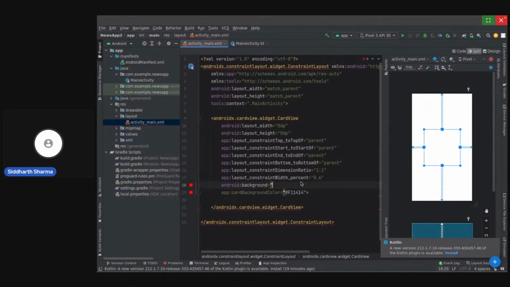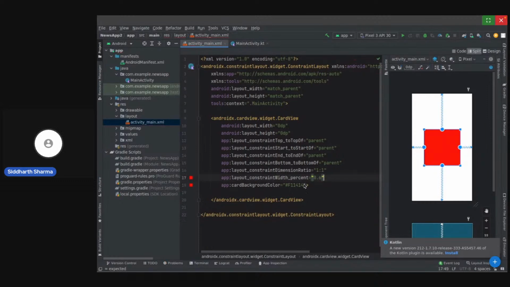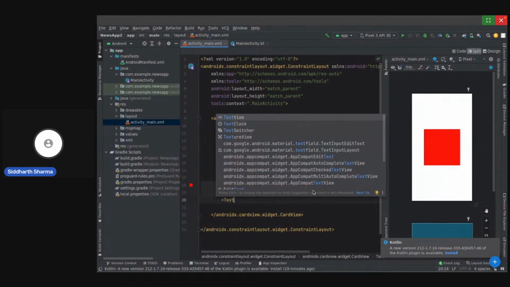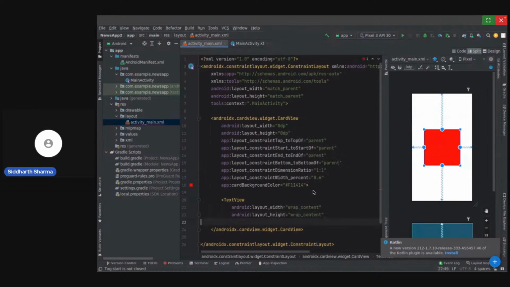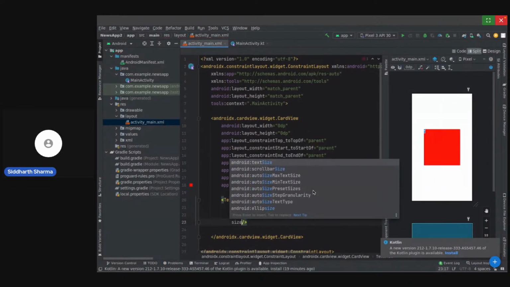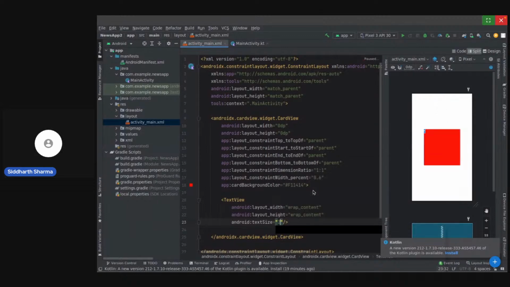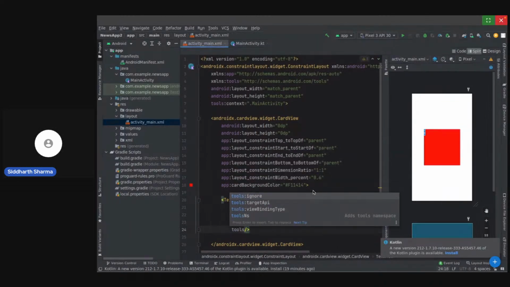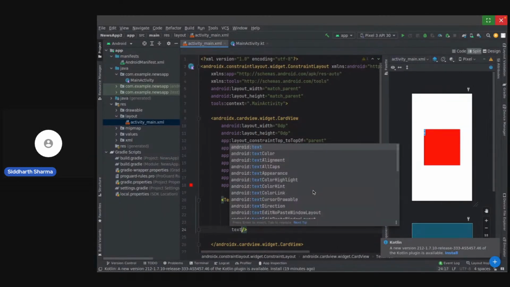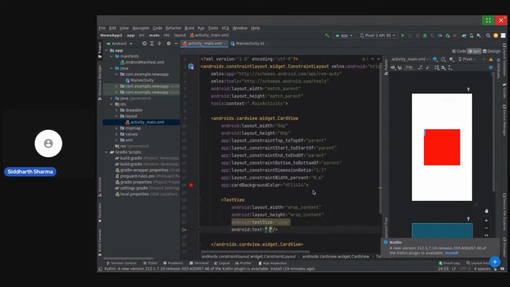Okay, so now we have to add up a text view, which will show a random number. So let's add up a text view. Let's give it wrap, and let's give it a size of maybe let's say 25 dp. Let's give it some sample or maybe actual initial text of 1.